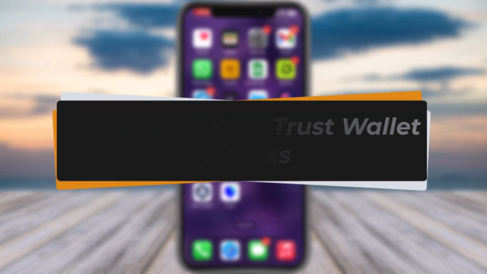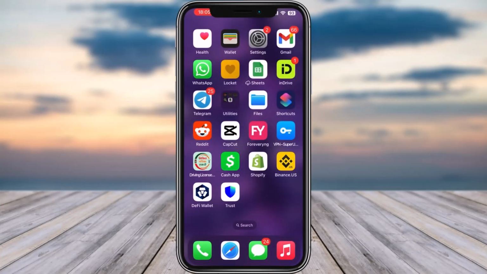In this video I'll show you how you can see your Trust Wallet address, but before that please do make